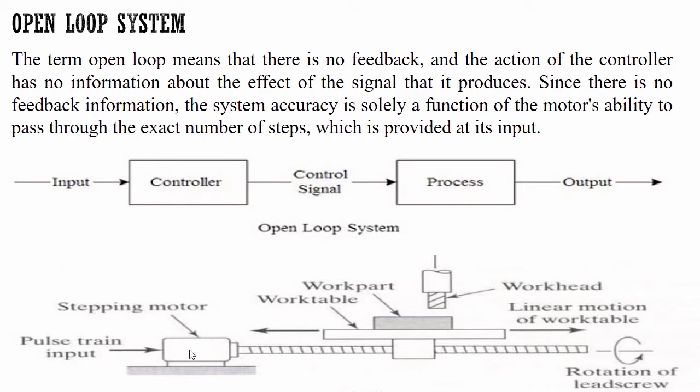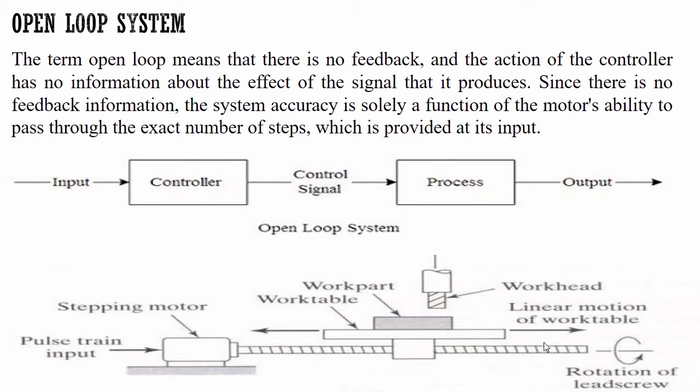So here you will come to know, there is a motor, right? This motor shaft is connected to a lead screw. On the lead screw we have mounted a work table, and on the work table we have kept a workpiece which is clamped in its position, right? And there is a tool, this is the tool. Once this motor starts rotating, the table starts moving in the x direction, right?